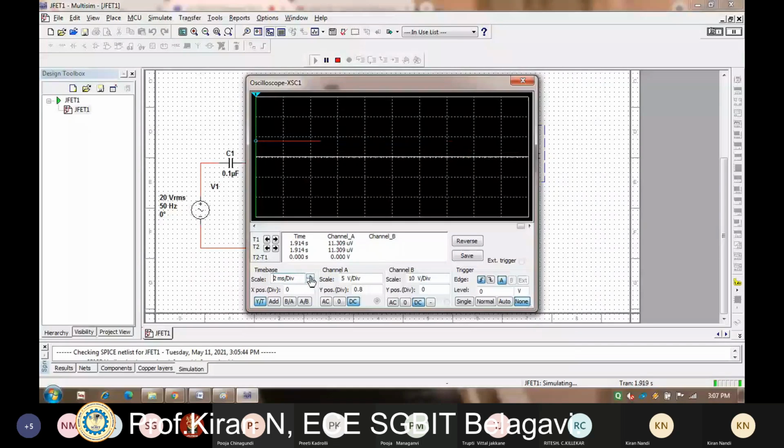You can see here the frequency response which is obtained. I'll change this to 2 microseconds.